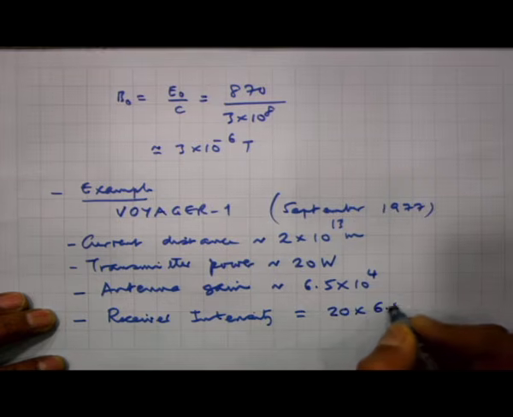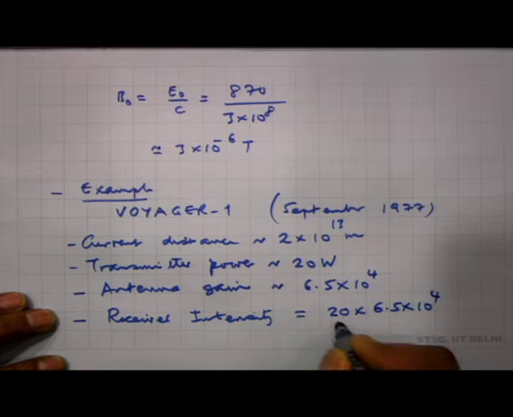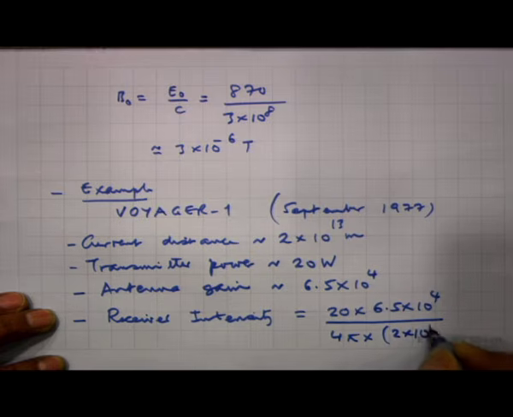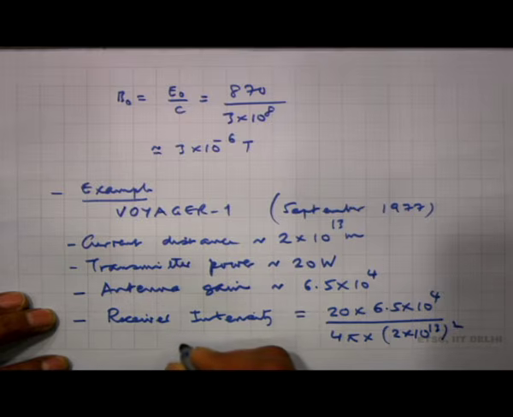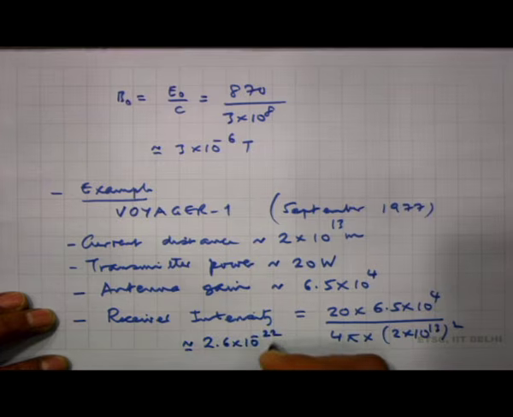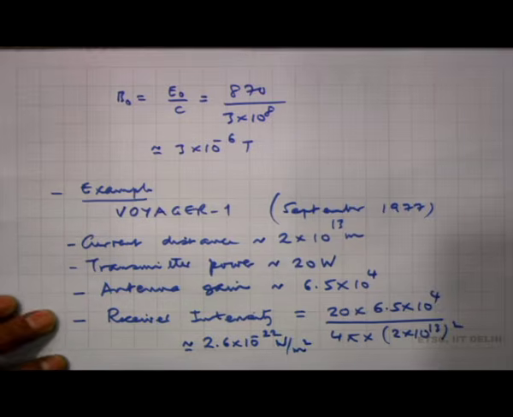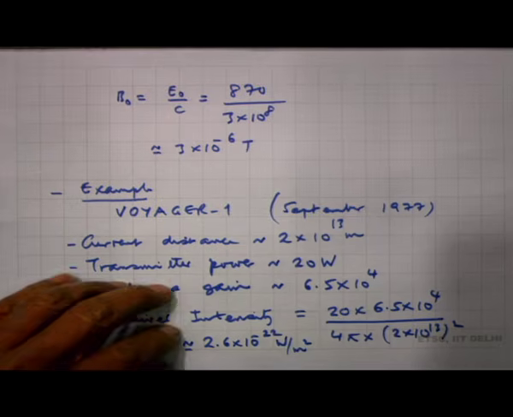There is a gain of 6.5 × 10^4, divided by 4π into distance squared, which is (2 × 10^13)^2. And if you calculate this, it comes out to be about 2.6 × 10^-22 watts per square meter, an extremely small value of intensity that is coming here from that Voyager spacecraft, and we can actually calculate immediately